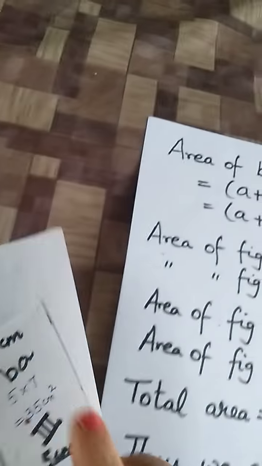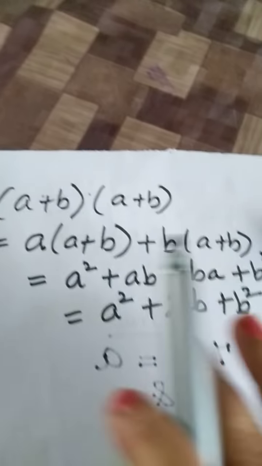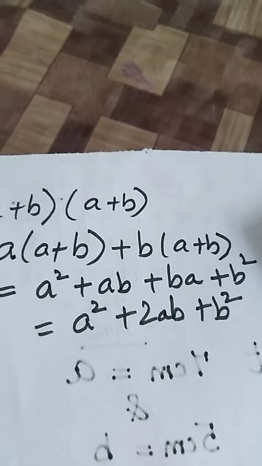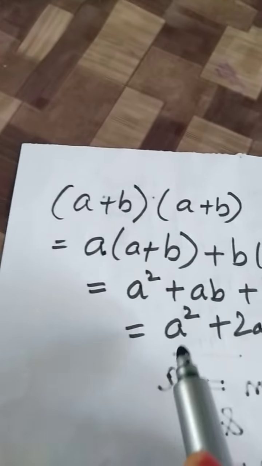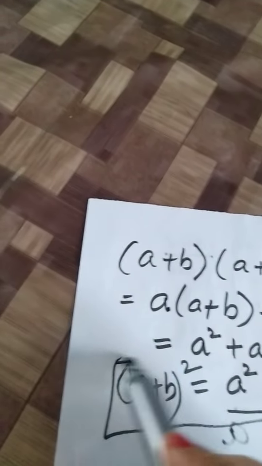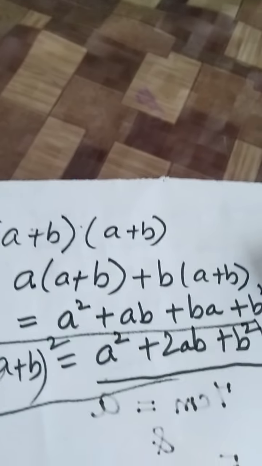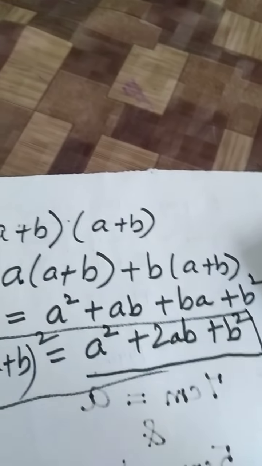Now you must be thinking, where are we going to apply all this? Why is ma'am telling all this, A plus B the whole square? See, when we use algebra and we are asked to expand A plus B into A plus B, you usually use this method, and this involves so many steps. Now, you can also do it in just one single step when you know the formula. This formula has not come from anywhere. We have derived this formula. Now we can use it to avoid these steps, and that is why we also call this special products.